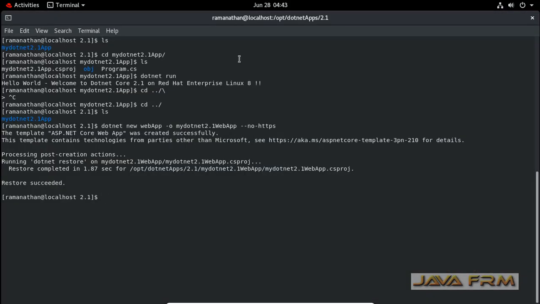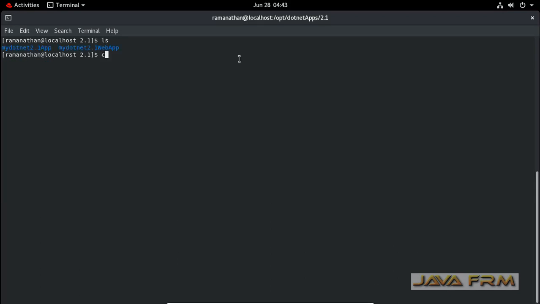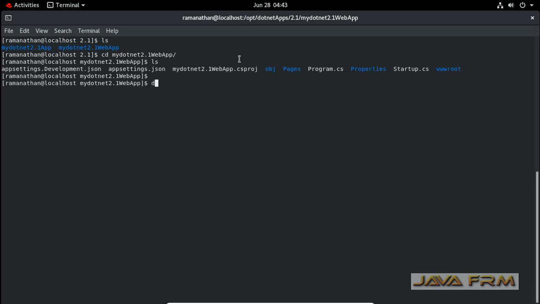Okay, now I am going to run this ASP.NET Core Web App application. So I am going inside that web app directory. Simply type dotnet watch run. So this will start the ASP.NET Core application on port 5000.